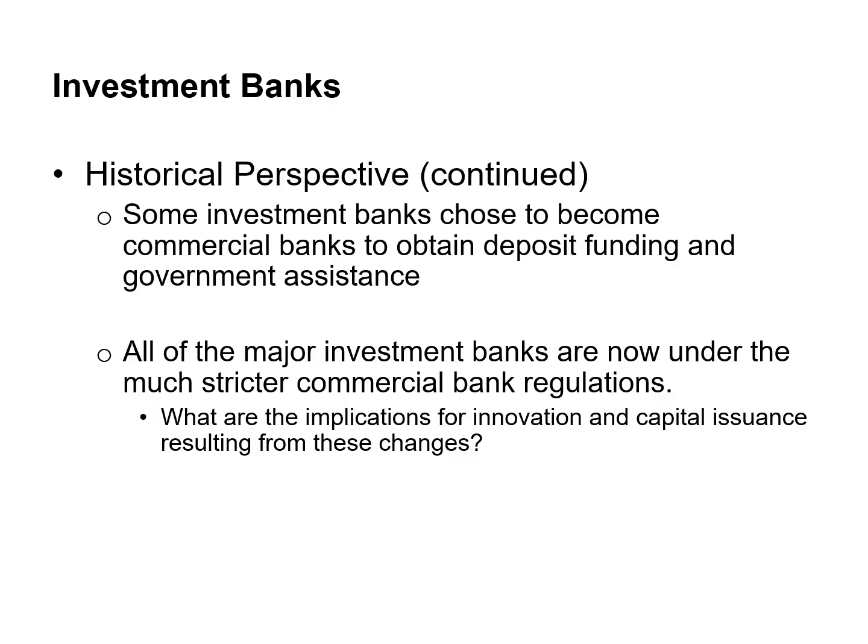Regarding innovation and capital issuance, these changes could have a dampening effect. The stricter oversight and compliance requirements might inhibit the ability of these banks to engage in certain complex transactions and to innovate in areas like structured finance. Conversely, these changes could lead to more stable financial institutions, less prone to the kind of risks that contributed to the financial crisis. In theory, the rigorous commercial bank regulations could result in a more prudent allocation of capital, fostering a more resilient banking system.